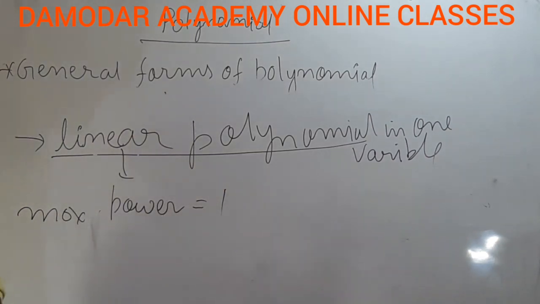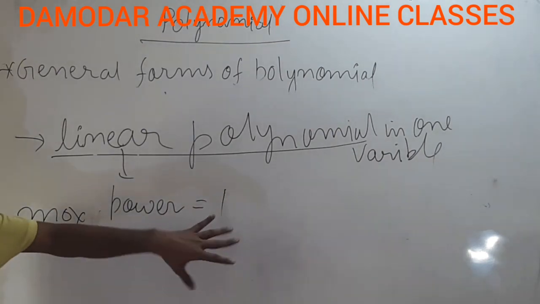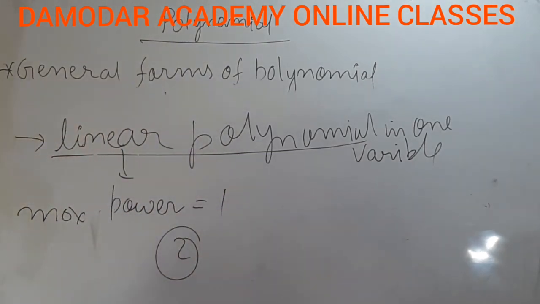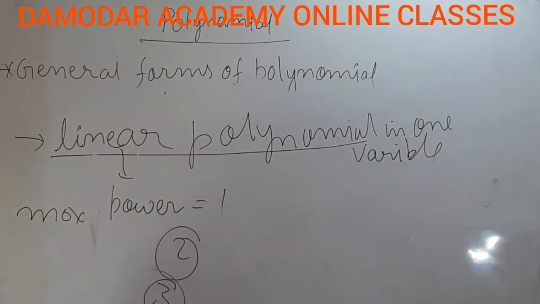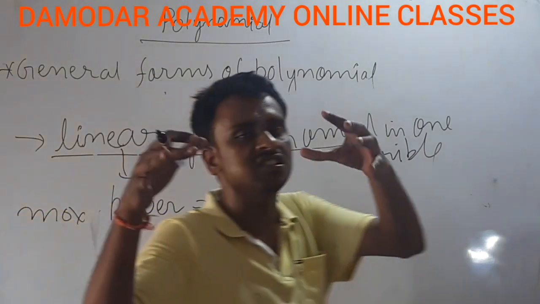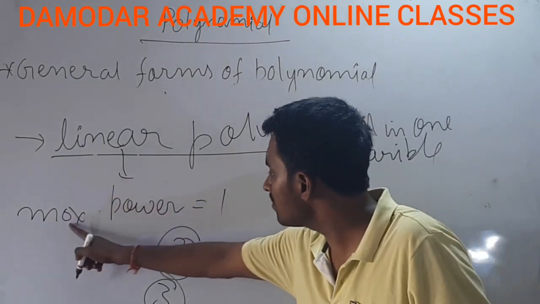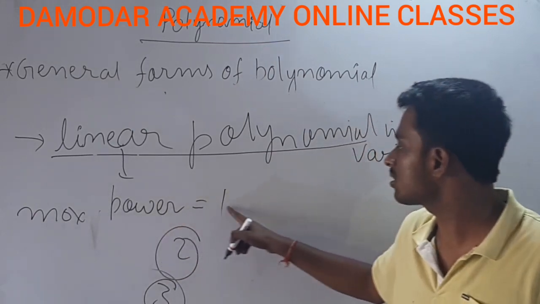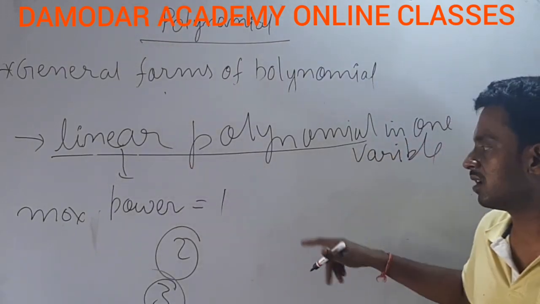उसके टर्म्स का 1 हो सकता है, 1 से ज्यादा नहीं होगा। अगर 1 से ज्यादा होता, मानो 2 होता है, तो उसको हम लीनियर पॉलिनोमियल नहीं करके क्वाड्रेटिक पॉलिनोमियल बोलेंगे। अगर 3 होता है तो उसको क्यूबिक पॉलिनोमियल बोलेंगे। ठीक है, मतलब किसी पॉलिनोमियल में नंबर ऑफ टर्म्स के जो पावर होते हैं वो मैक्सिमम पावर क्या हो सकता है, 1। 1 से ज्यादा नहीं हो सकता, फॉर लीनियर पॉलिनोमियल। फॉर एग्जांपल